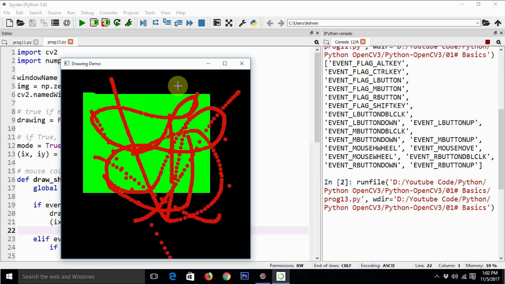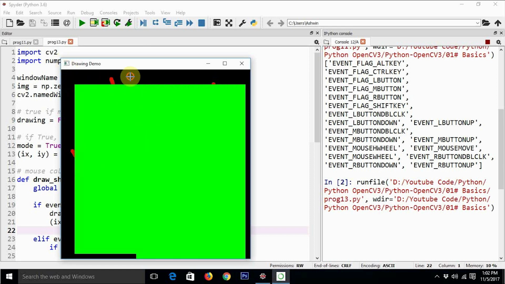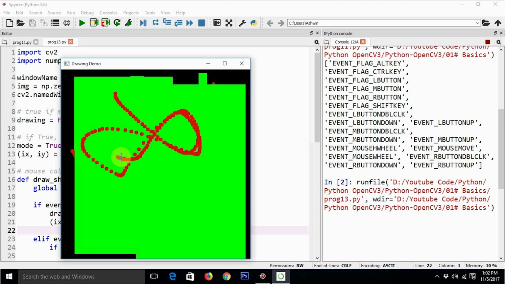And if I try to draw very rapidly, then only I can see the individual circles. Otherwise I can just see a continuous line. And again, if I toggle the mode key, I will be able to see that my mouse events are drawing rectangles rather than circles. Okay, so this is how the program works.